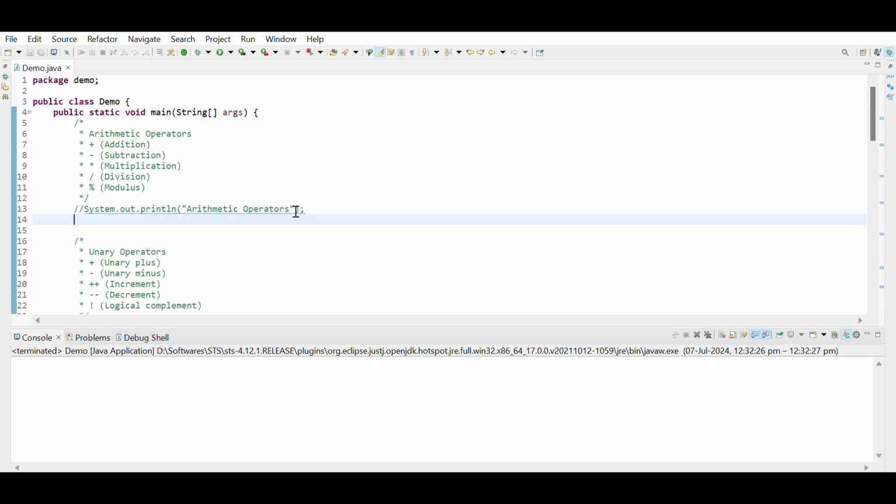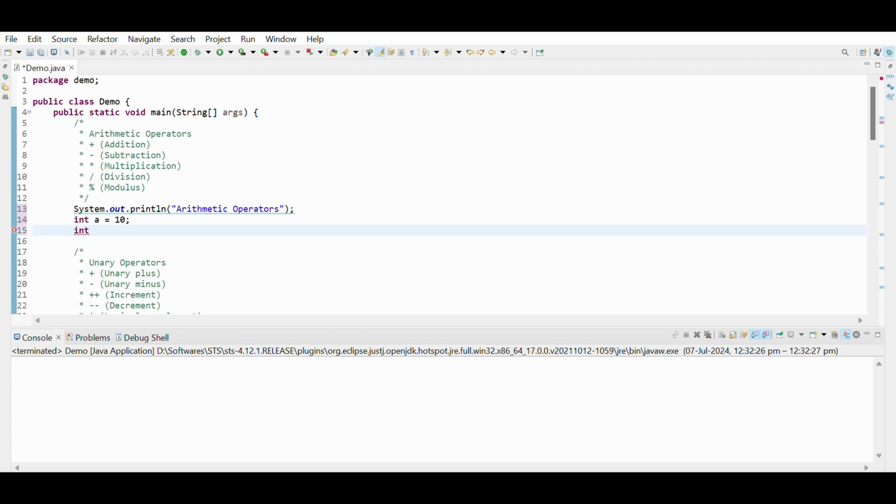First, we will talk about arithmetic operators. Arithmetic operators are used to perform basic mathematical operations. These include addition, subtraction, multiplication, division and modulo. Let me show you how we can use these operators in our code. Let me create two variables. int a equal to 10, int b equal to 20, and first